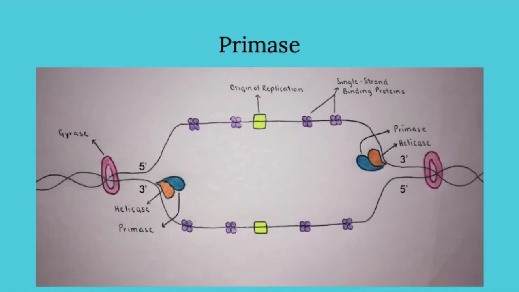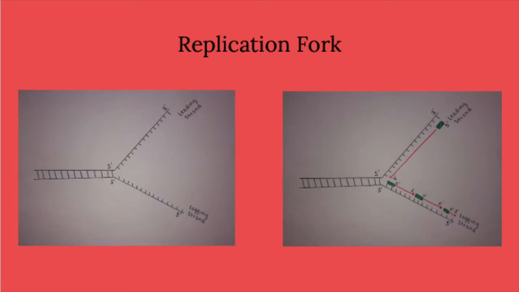The function of primase is to create a free 3' end required by DNA polymerase, since DNA polymerase can only add to the 3' end of an existing DNA strand. Primase does this by creating a short RNA sequence of about 10 to 12 nucleotide pieces complementary to the DNA sequence called a primer. Focusing on the ends of our DNA, we can determine which strand will be leading and